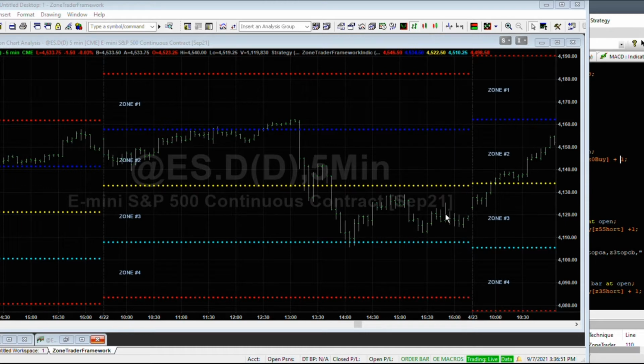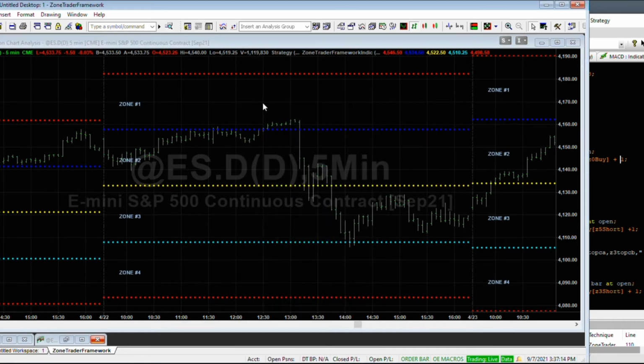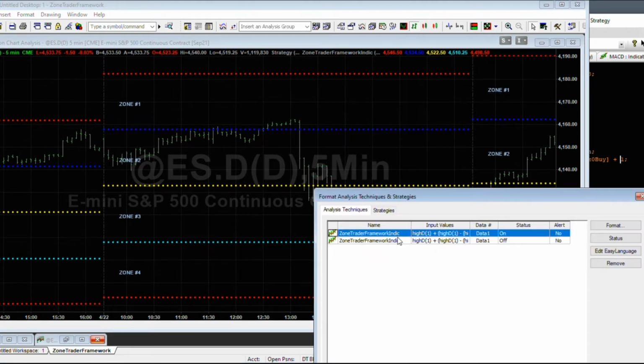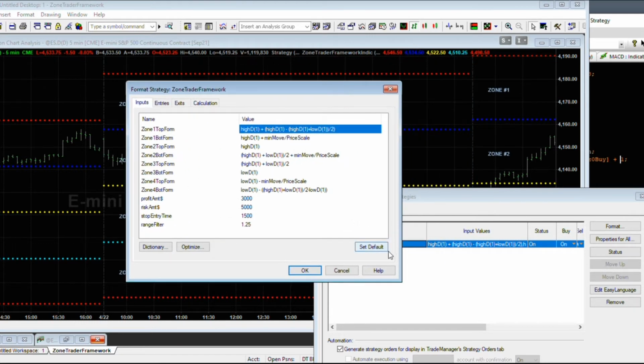The zones I'm using, and I call this a midpoint zone, has the midpoint of yesterday. That's what the yellow line is. I have my resistance level 1 and resistance level 2. I have my support level 1 and my support level 2. And the beauty of the Zone Trader framework is you can go into the code. Let's go to the strategies, into the input section, and define your zones there if you like. You don't have to, but I've provided a template so that you can just go ahead and program with EasyLanguage